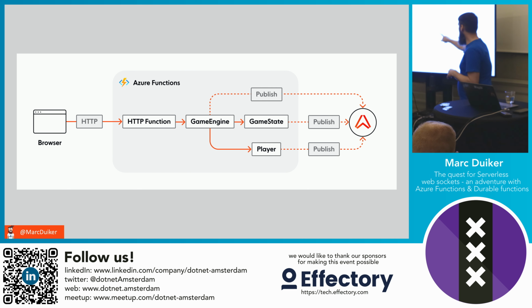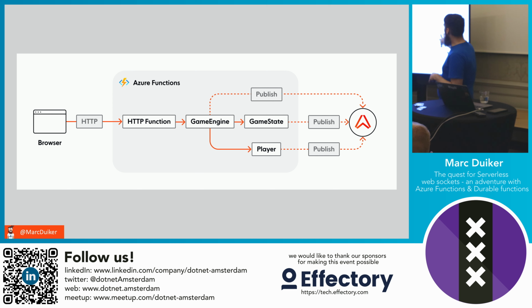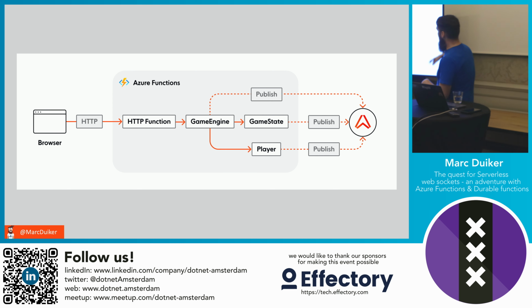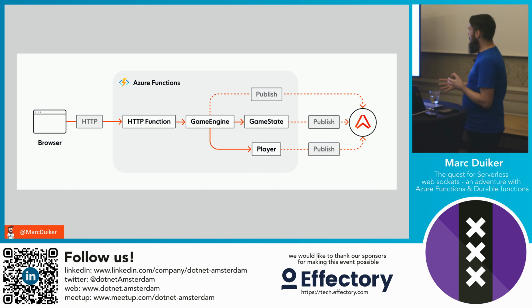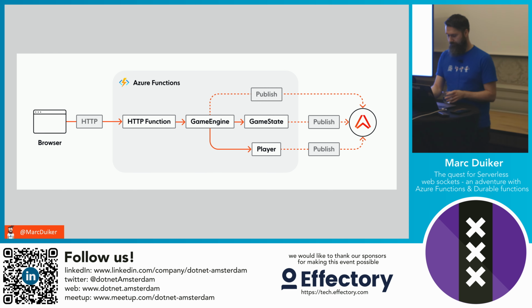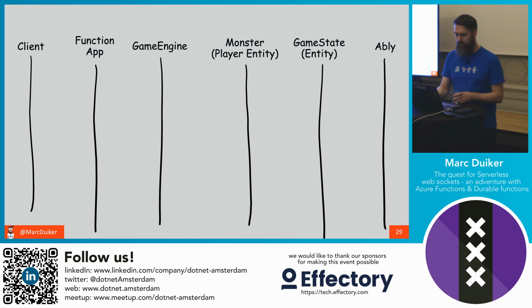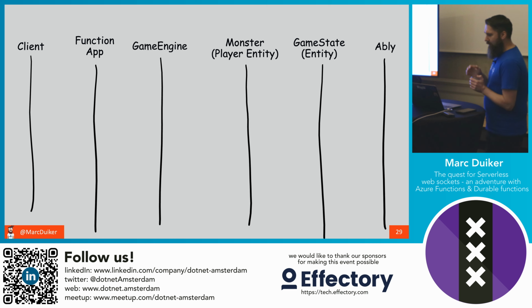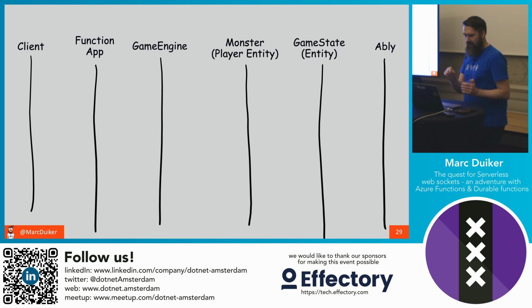And all of these classes are able to publish updates to Ably, which Ably then pushes forward to the connected clients. Okay, so I will go through the code and we'll show you the exact sequence of what happens, but I think it's also useful if you see a sequence diagram, or an attempt at a sequence diagram, first, so you understand a bit of the flow of the application.